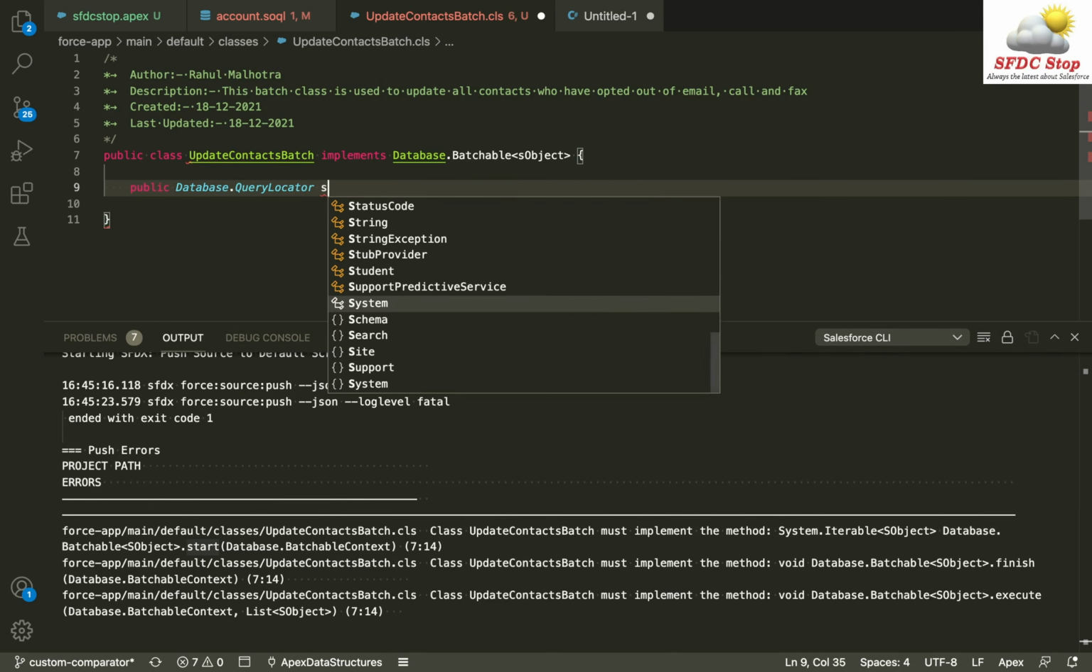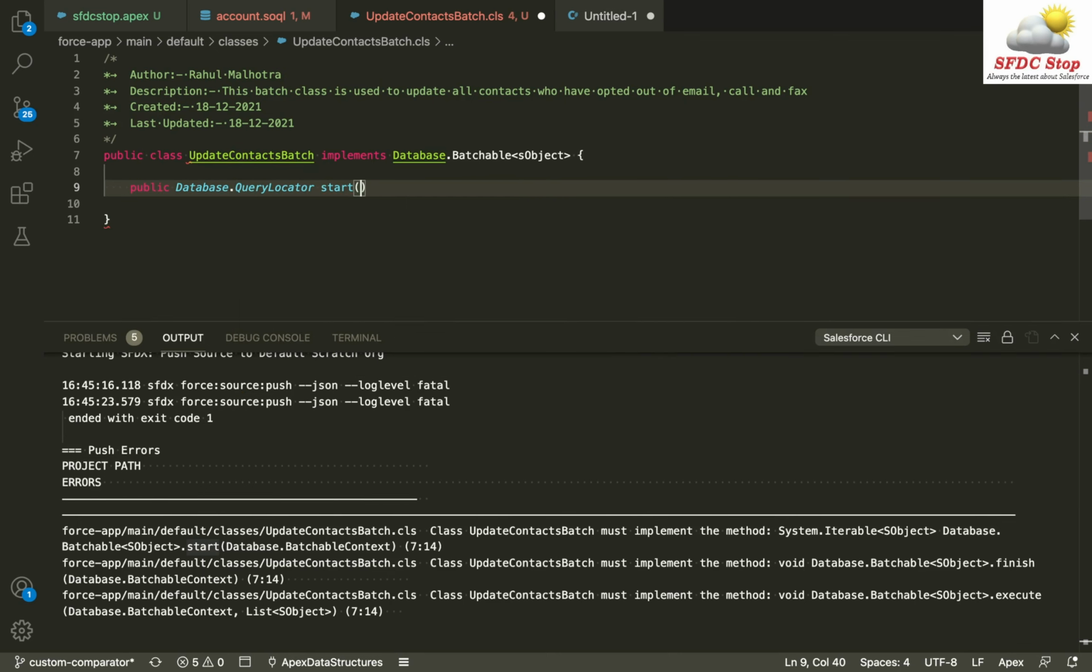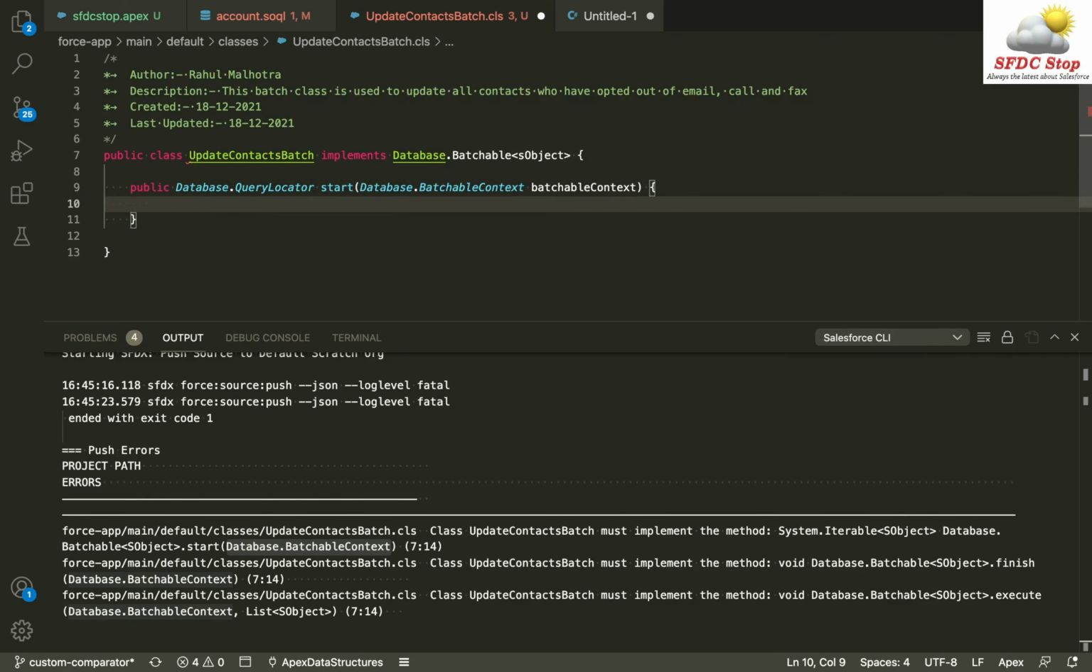Database.QueryLocator start, and this start method is going to accept an instance of Database.BatchableContext. So I'm just going to pass in an instance of Database.BatchableContext, and the name is batchableContext. Okay. What the start method is going to do, it is going to query the records and it is going to return us the instance of Database.QueryLocator. So I'm just going to do return